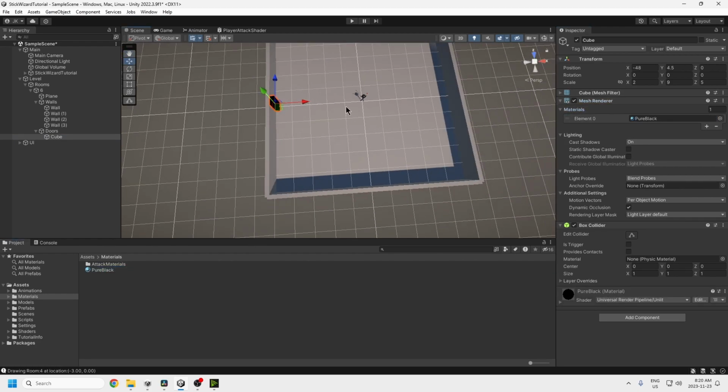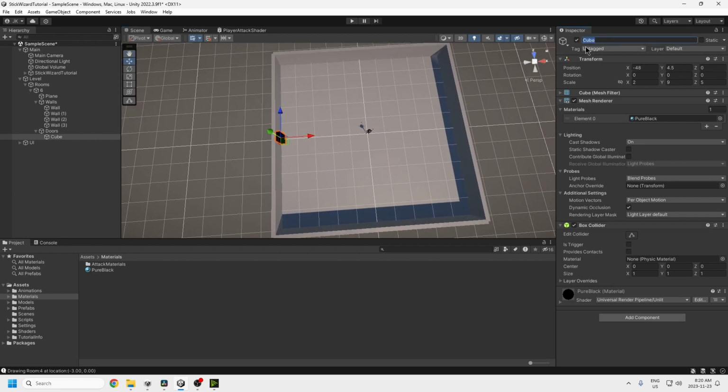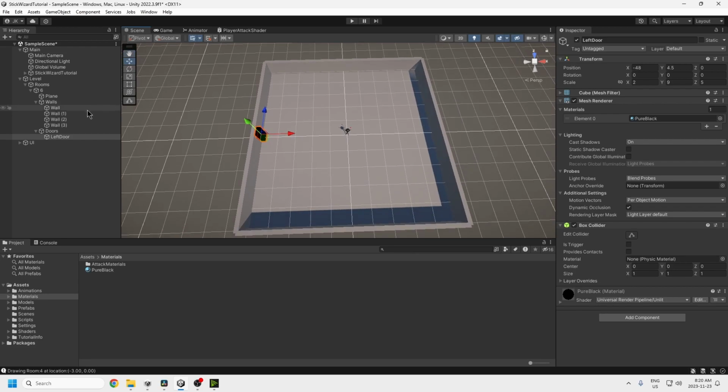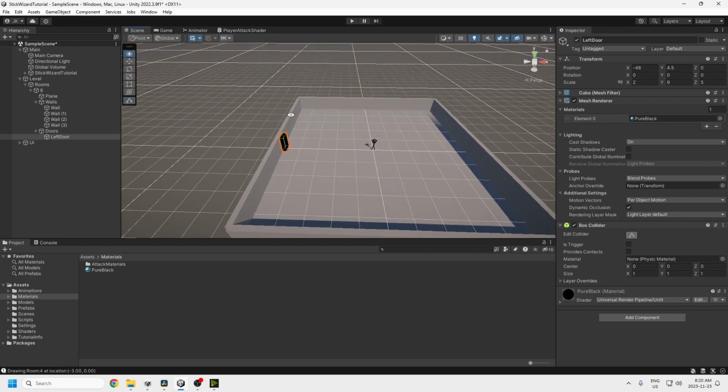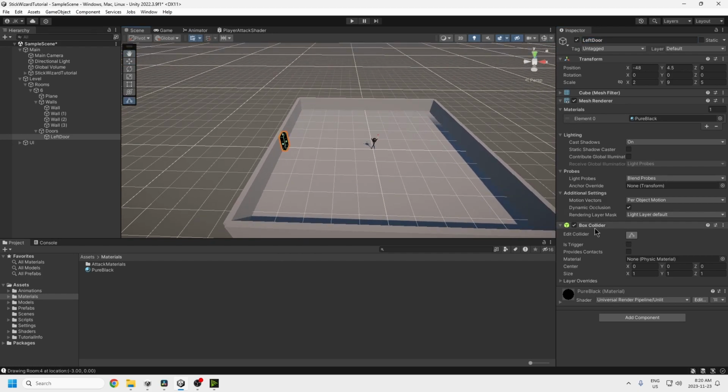Okay, so now we have a black door. And then at the top, we're going to rename this to left door. Really important, the name has to be correct because we're going to be using this. And it also needs to have a box collider that exactly goes around it. When you add a cube to the game, it automatically attaches a box collider to it. Just click this little button, edit bounding box, and make sure that it's going around the edges of